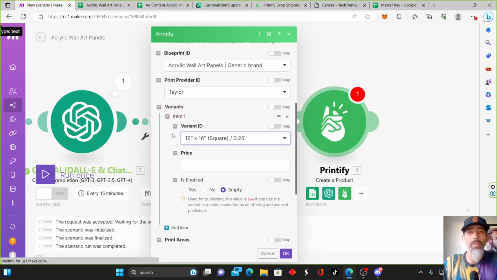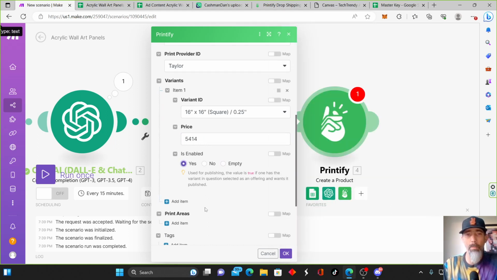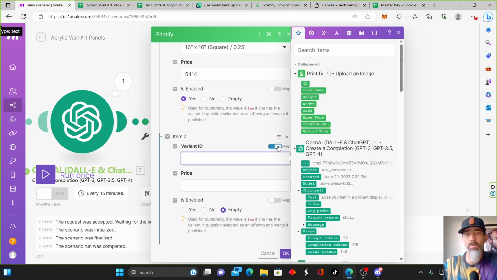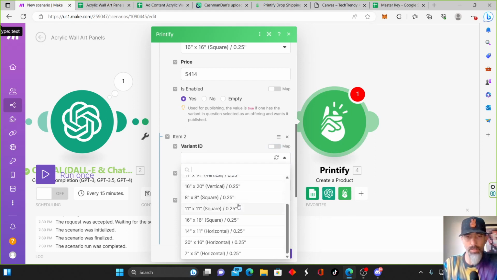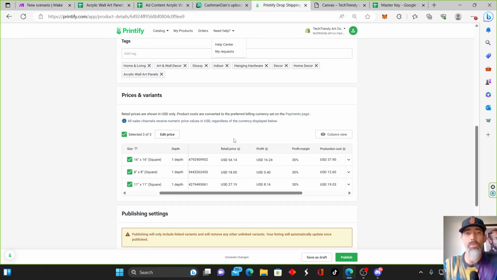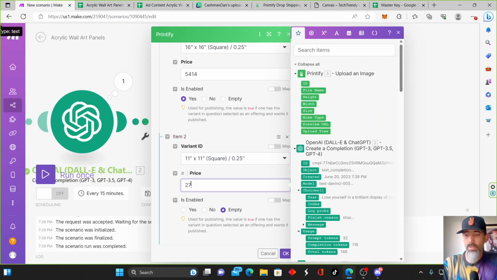So now in the scenario, the price 54.14. So put the cents in there, but don't add a period or anything. And then you want to add, yes, enable. And then we're going to add another one because we want another one. Here's the next square, 11 by 11. And we need to grab the price real quick. So now 11 by 11 is 27.19. So 27.19,